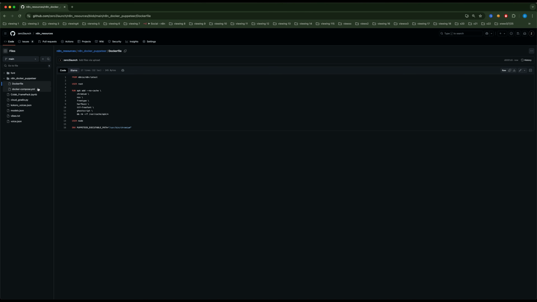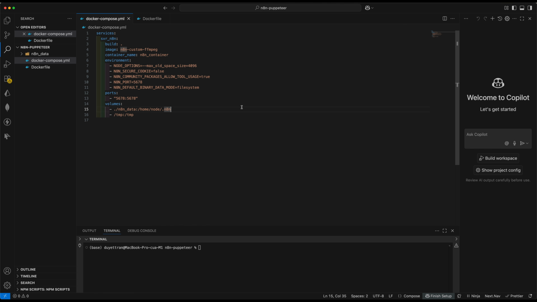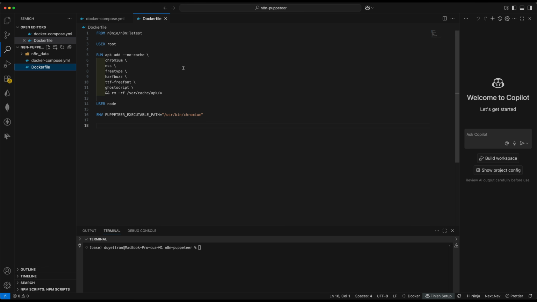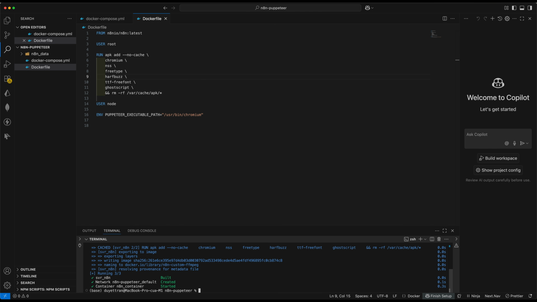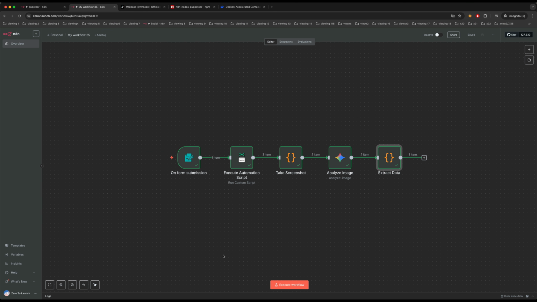Let's go ahead and copy these files into a folder that will hold your n8n project. These files configure the n8n installation, enable support for external community packages, and install Chromium, the browser used by Puppeteer, along with other necessary dependencies. Once that's done, we'll run a Docker command to install everything and start building the n8n project. After a short wait, you'll be able to access your n8n instance by going to localhost on port